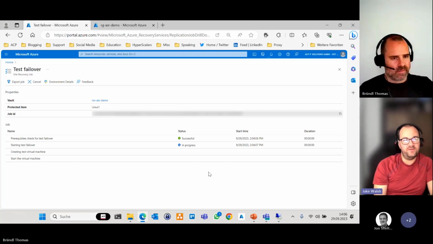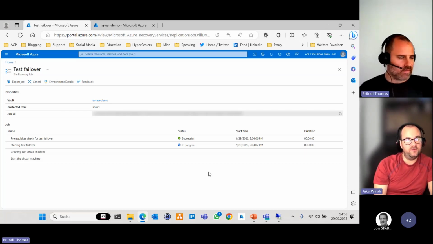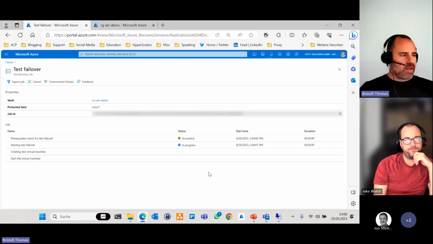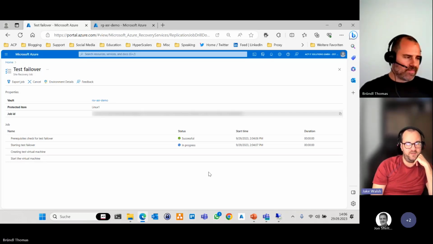I suppose this allows you to test it fairly regularly as well, doesn't it? You can do this in isolation whenever you want, really. Yes. So you only have to create a new VNet, and then you make a test failover, and there will be no connection to your productive environment, and you can be sure that this will work in case of a big failure. In case of a DR event,